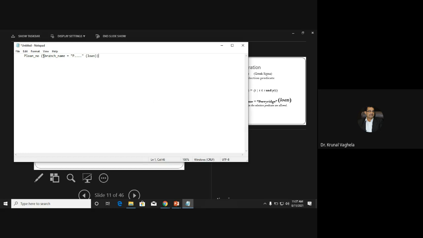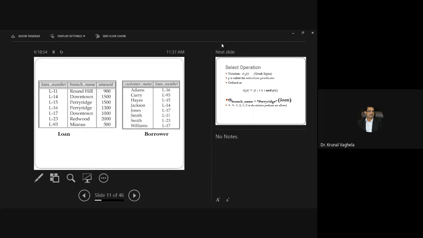So select, S means select, branch name is equal to Perryridge from loan, and in that project, P means project, loan number. Got the point? Should I give one more?